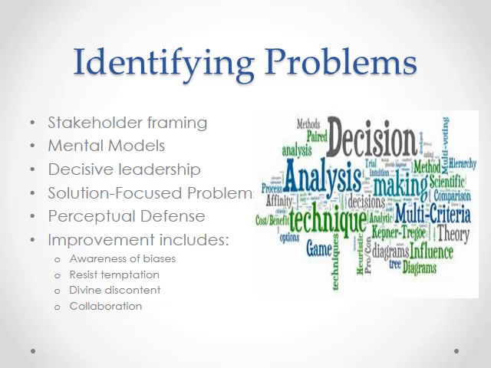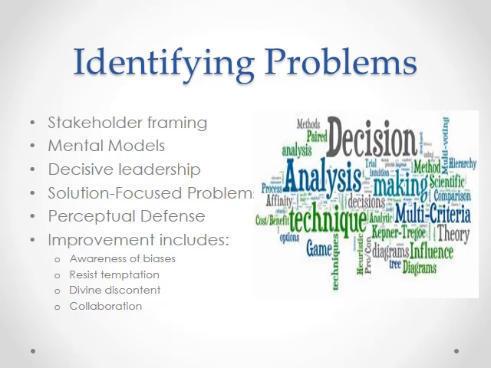Some problems include stakeholder framing, which is essentially biases being formed and attached to emotions by stakeholders who will affect and be affected by a decision. Mental models of how things should be, based on preconceived notions, can block us at times from seeing unique problems or opportunities because they produce a negative evaluation of things dissimilar to the mental model.